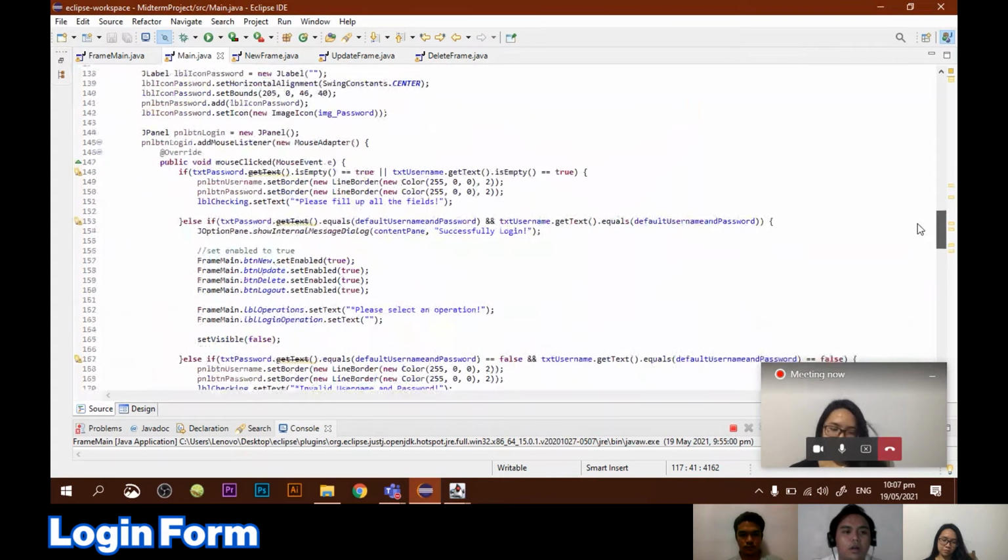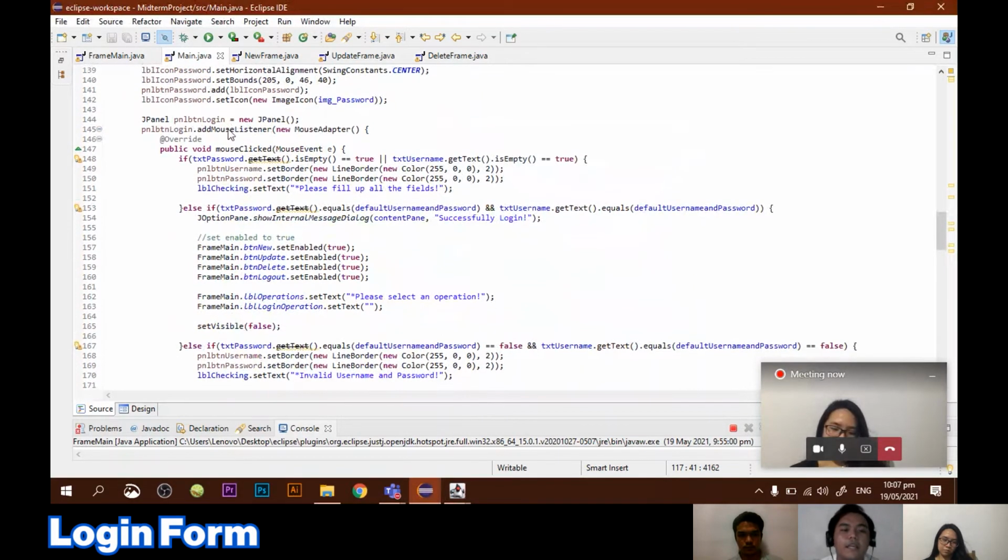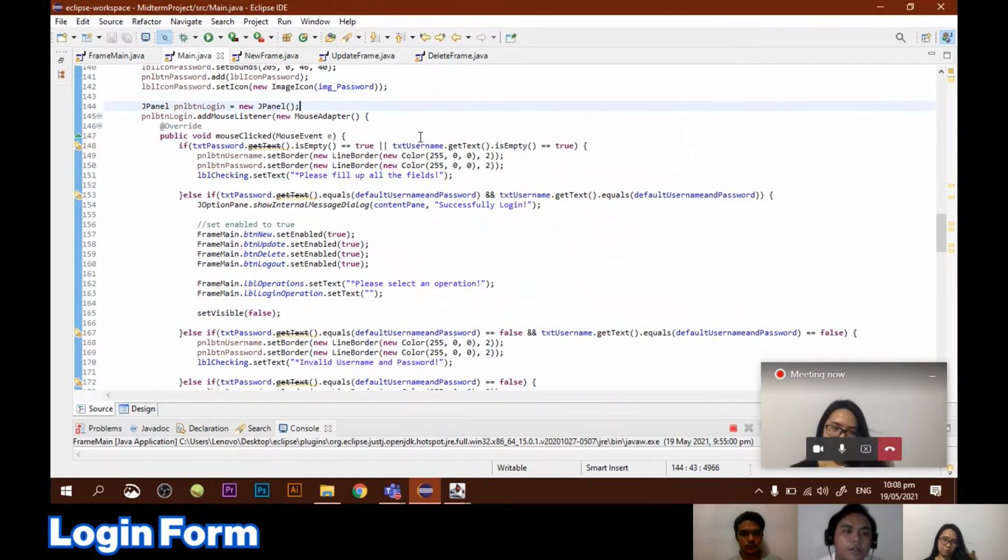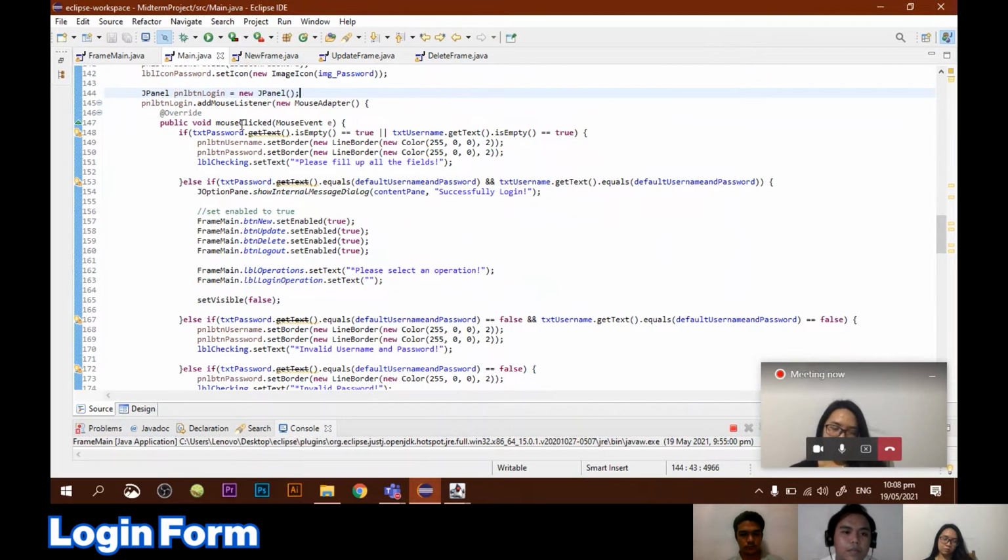After that, we add event handler to the login button, which is the panel button. Add mouse listener. So every time the user clicks the save or the login, but it's empty,